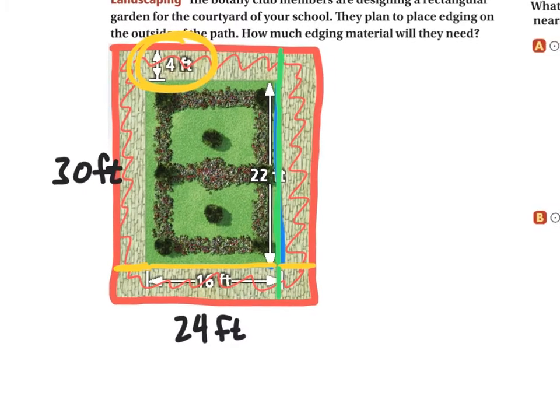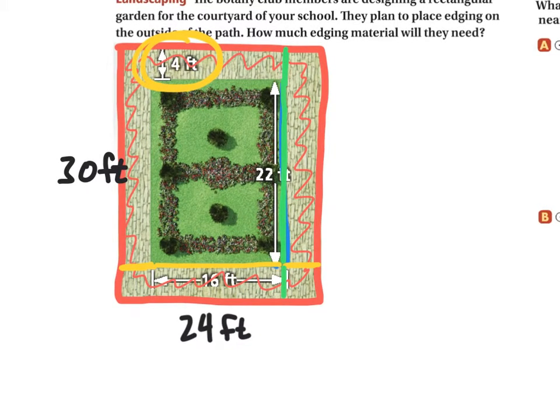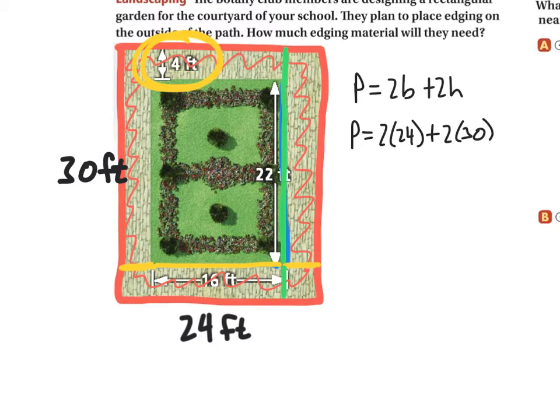And so we want to find the perimeter. And so again, remember how I'm grading stuff now. So if I'm finding perimeter of a rectangle, I've got to write down P equals 2B plus 2H. Because that right there is a point. I need to plug into that. P equals 2 times 24 plus 2 times 30. Because again, that is a point. Notice, don't do any calculations yet. All I do is plug in for the variables. Now I can start doing calculations